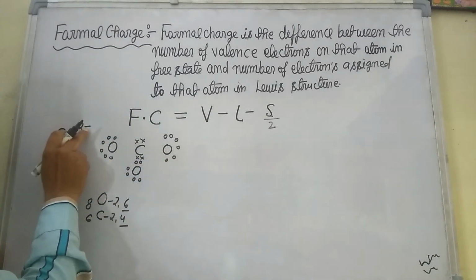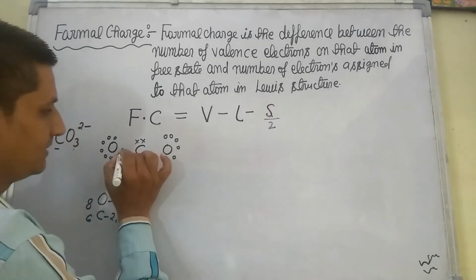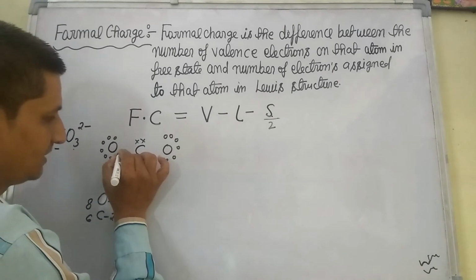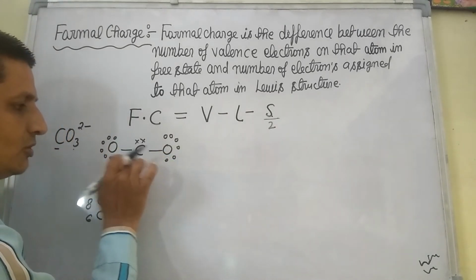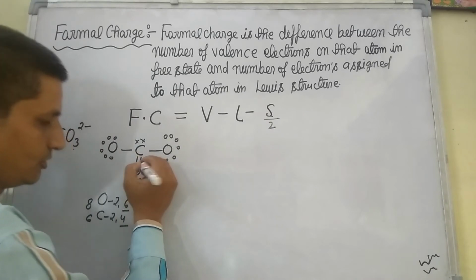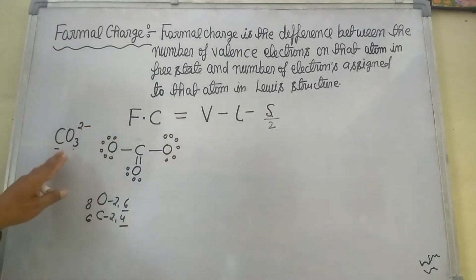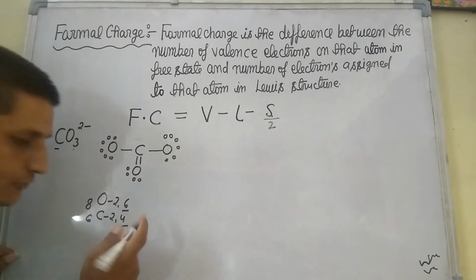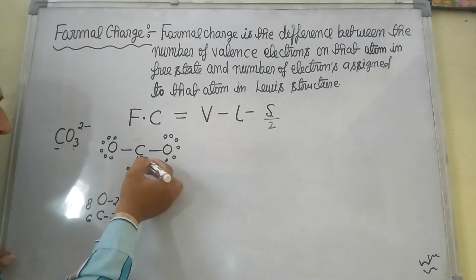After this, here is the minus 2 charge, so we can write this structure in this way. Single bond and sharing of 2 electrons takes place, so we can use a double bond here. And after this, this is the proper structure. The atomic number of carbon is 6, electronic configuration 2, 4, so 4 electrons are present in carbon: 1, 2, 3, 4.